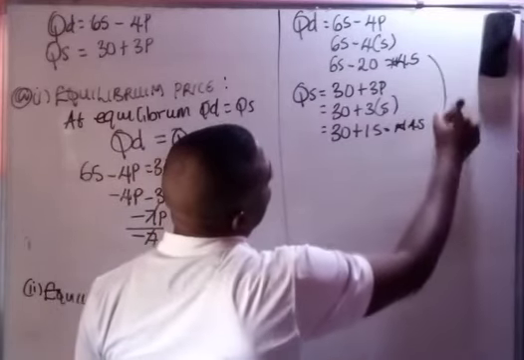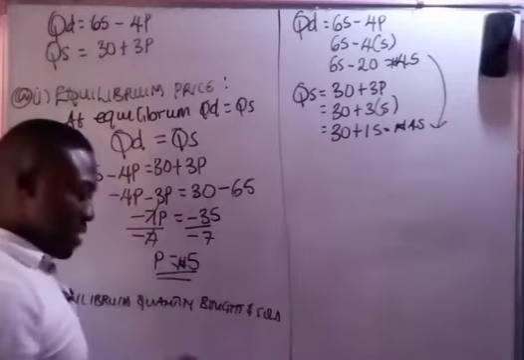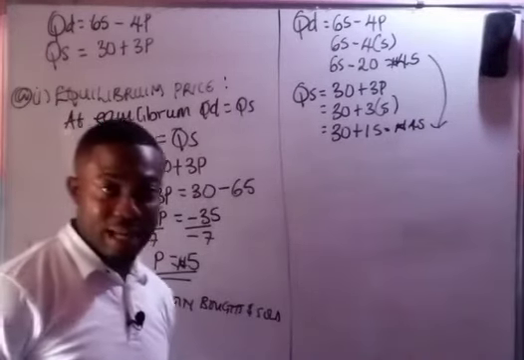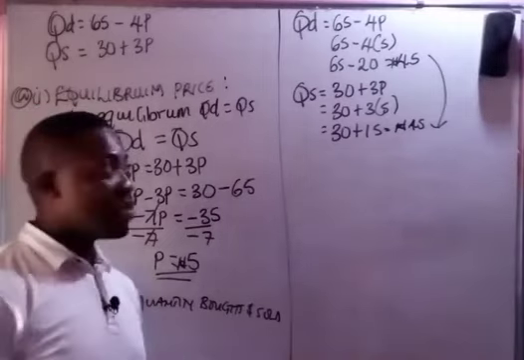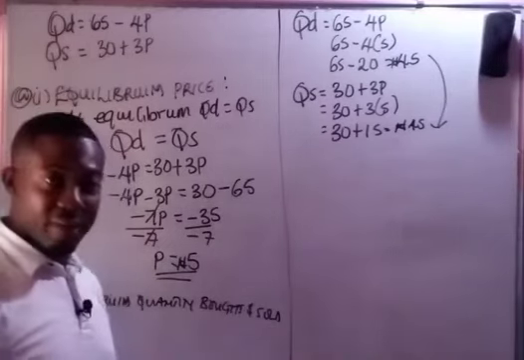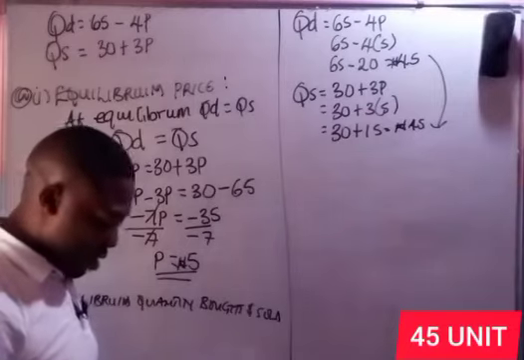45. So it shows they are the same. The quantity bought and supplied are the same when the price is what? 5 Naira. So that's the equilibrium quantity, 45. Okay. The third one,